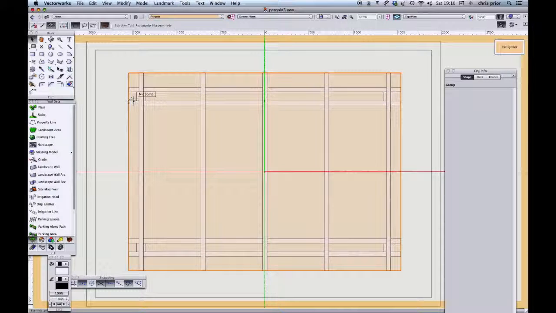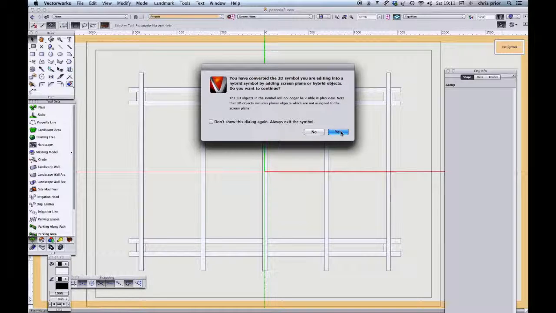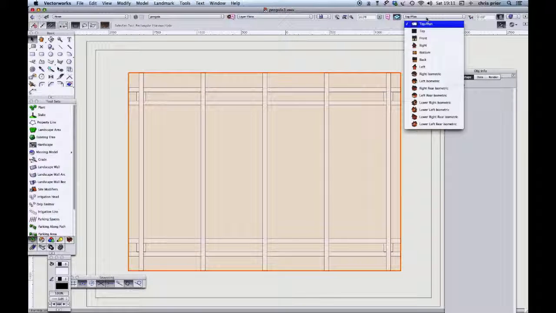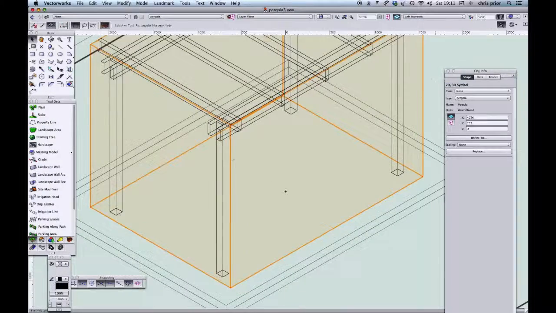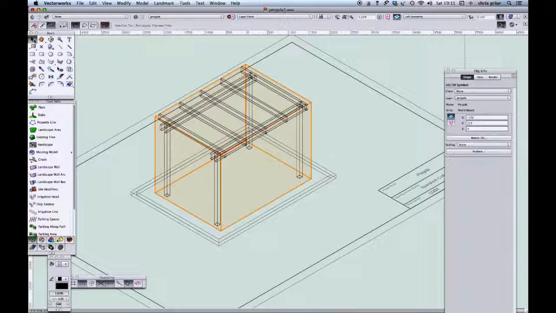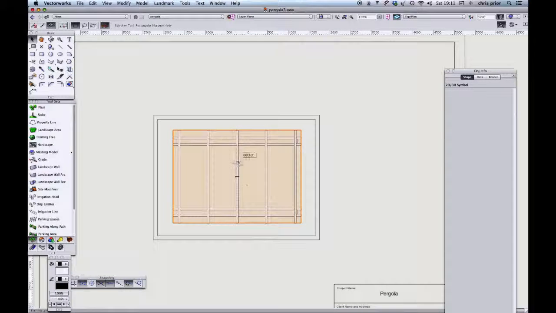So now it looks like the pergola as if we're looking at it from above, and all the surfaces are filled in as they should be when you would see it from above. So if I now exit my symbol, yes, that's fine, I should now see a 2D version of my pergola, and if I go to look in left isometric, I should see a 3D version of my pergola. Okay, so now I have the two different components of my symbol. If I go back to top plan view, if I wanted to change the coloration in that 2D component, I could